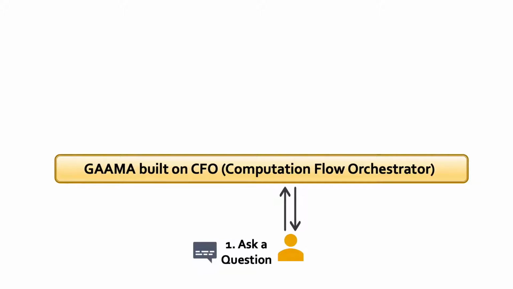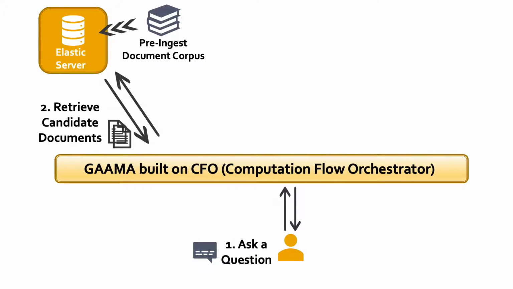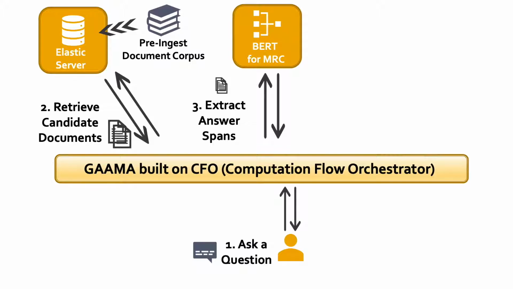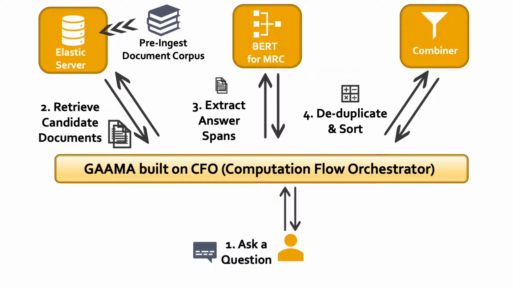Specifically, given a question, we use an information retrieval component to retrieve candidate documents from a pre-ingested corpus, and then a BERT-based machine reading comprehension system to extract spans from this document. And finally, a combiner that aggregates these spans across different documents to resort and provide a list of answer snippets to the